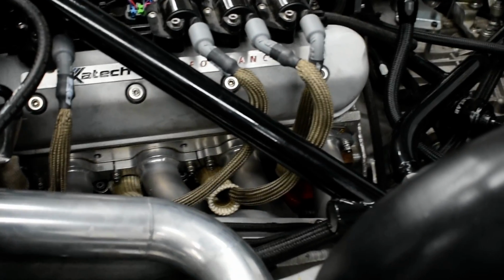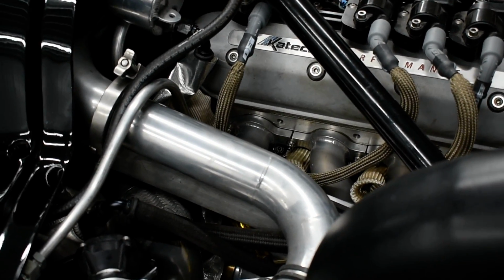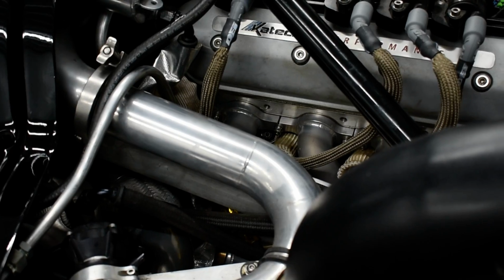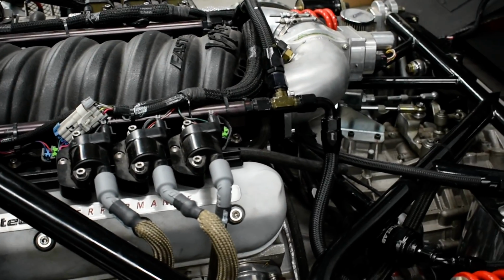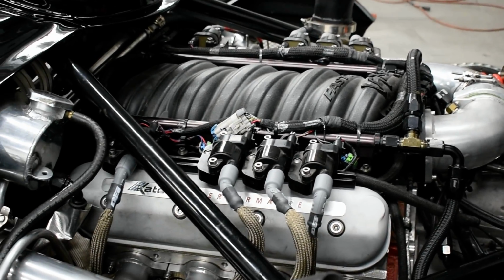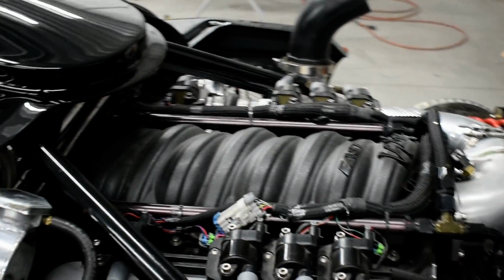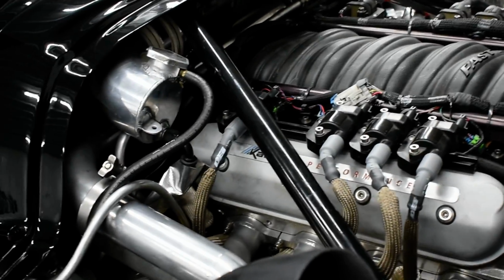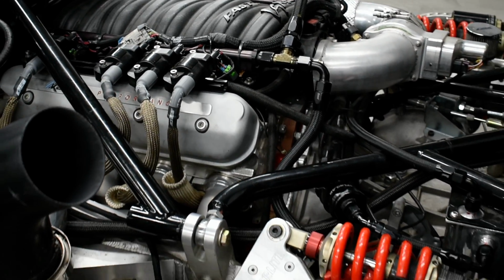A lot of complicated parts to this car. It's got wastegates. The turbos are oil and water cooled. There's an air to water heat exchanger and air to water intercoolers up front, 2 of them. The fuel system starts with a